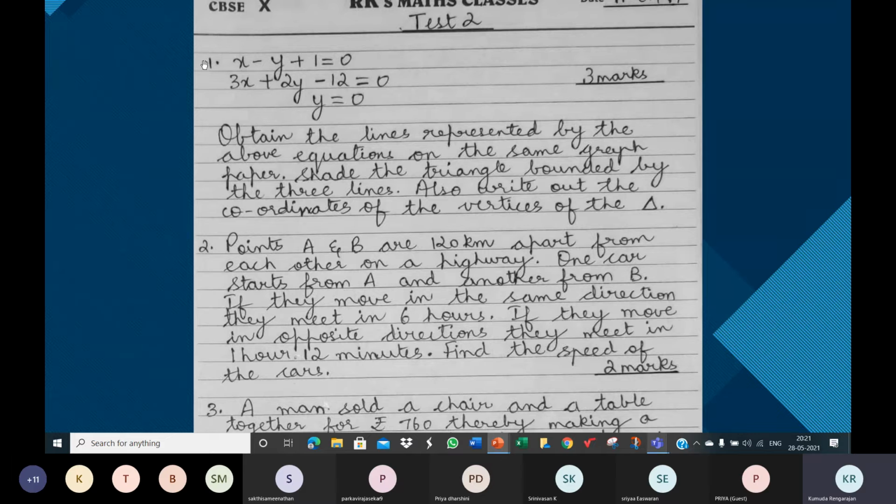Yes, ma'am. So if your line cuts the x-axis at minus 1, 0, the y-axis at 0, 1, and if this point 6, 7 lies on the line, your graph line is correct. I'll also show you how the graph looks, but since we have all the 3 lines on it, I don't want to show you now. So if you've got all this, the first line is correct. Do the second one.